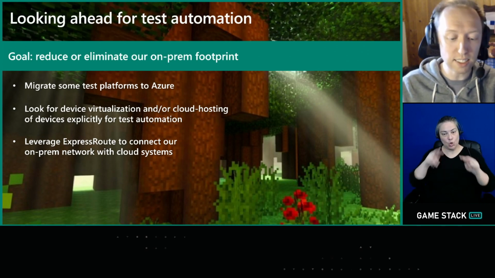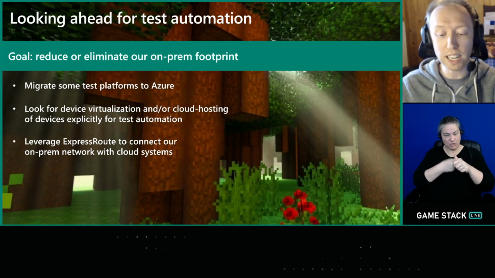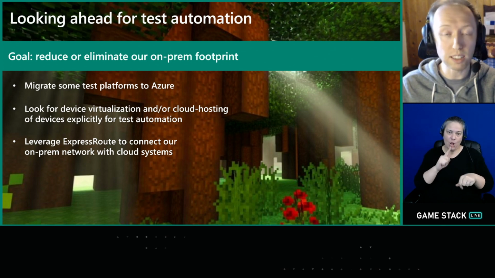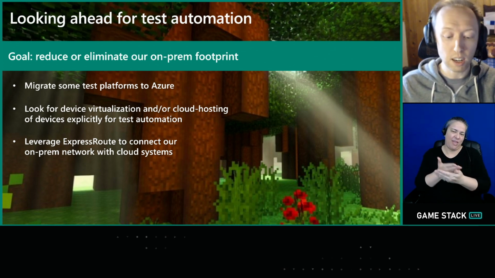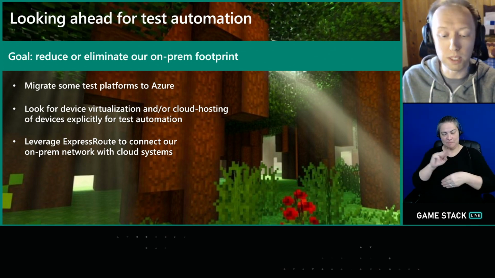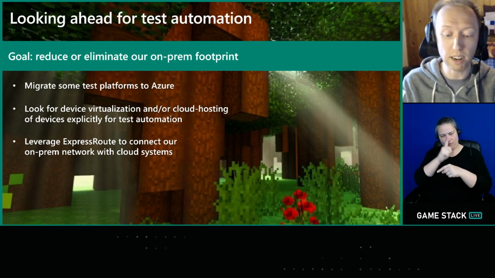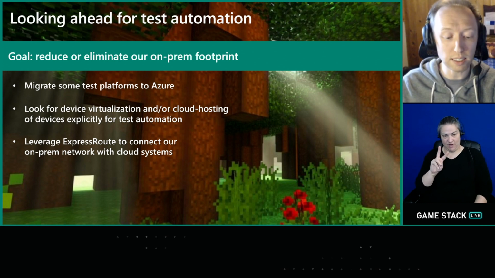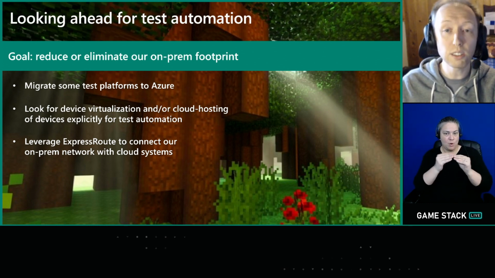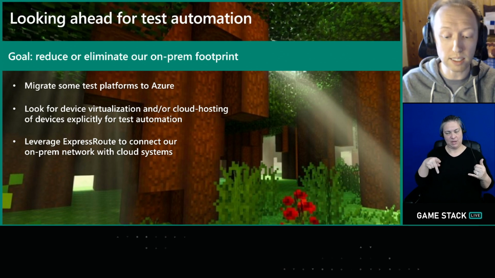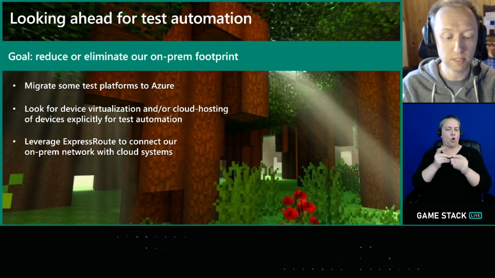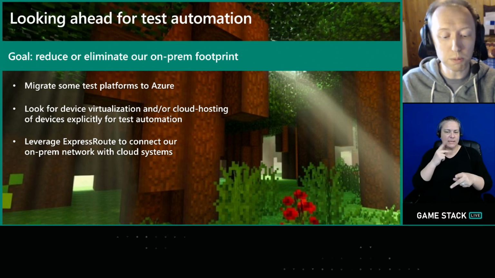Looking ahead on test automation, our dream is to eliminate our on-premises footprint completely. It's a long road, but we'll get there step by step. Our Windows, Mac, and Linux systems are ripe for wholesale migration to Azure. With the Azure VM offerings getting better all the time, including now having access to GPUs, we believe we can do this cost effectively. We'll continue working with Microsoft and other vendors,